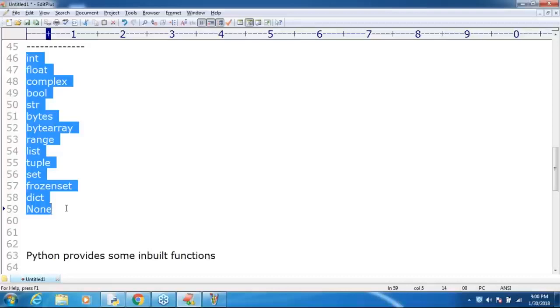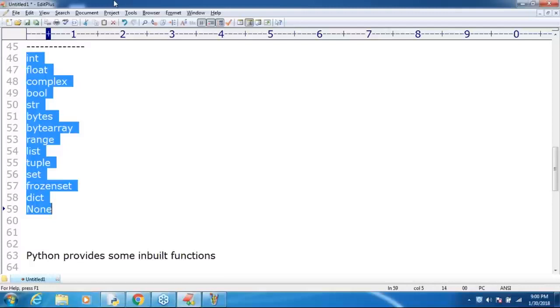Can you please guide? Which things won't represent objects? Int, float, boolean, maybe complex also, or otherwise leave that, because about complex we don't know much, since in other languages we didn't discuss it. So here just int, float, complex, bool, these things are non-objects. Except for those, all the remaining things are objects. Correct?